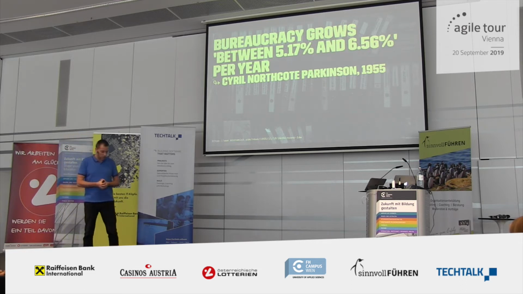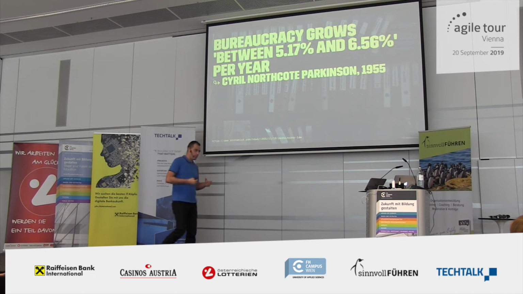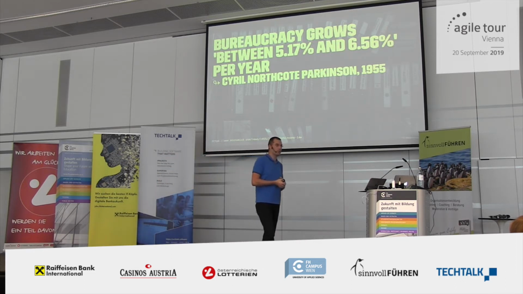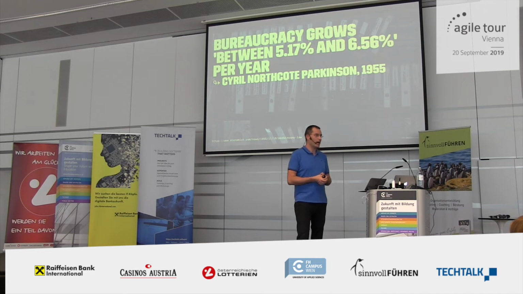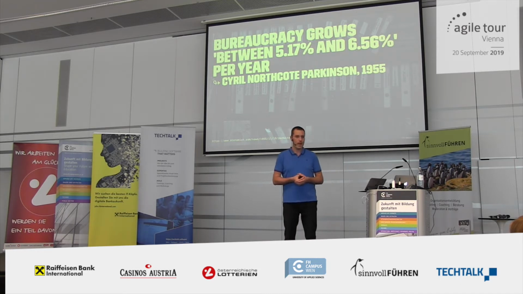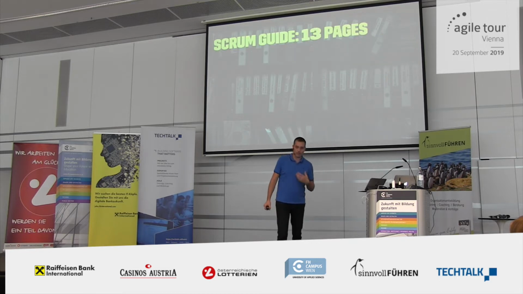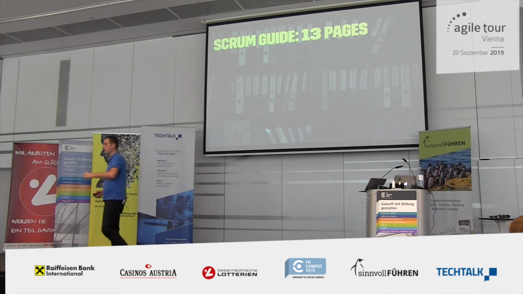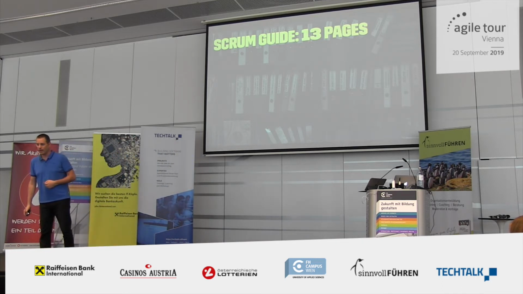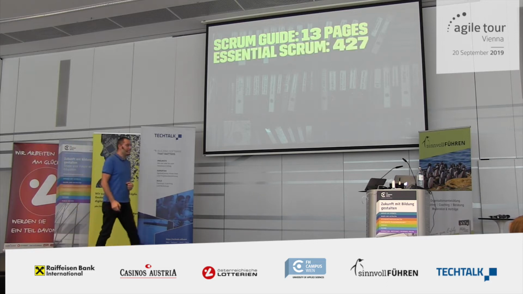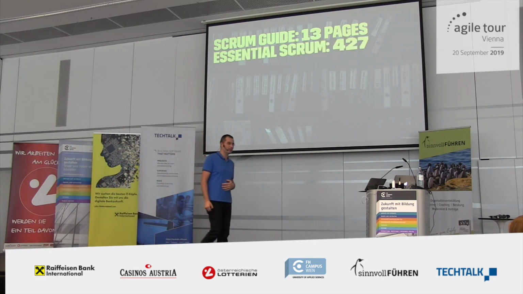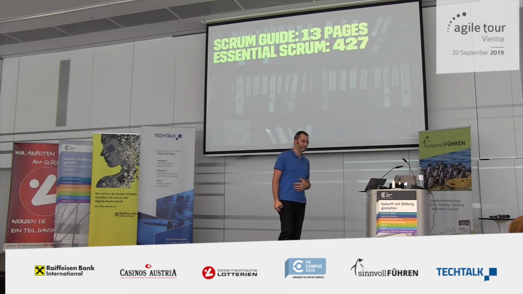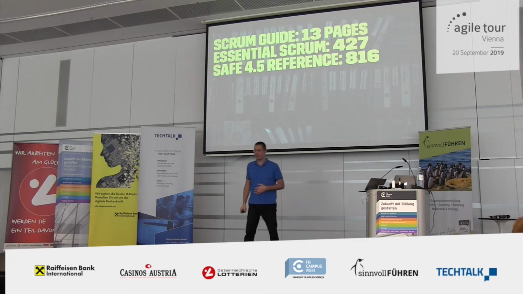So the original Agile book, XP Explained, was published in 1999. We have almost 20 years of bureaucracy growing. And you can see that very easily. The original Scrum guide, you can still find the original version of it on this website, is 13 pages long. 13 pages long. The book called Essential Scrum is 427 pages long. But no, let's not stop there, because there's a SAFe reference that's in